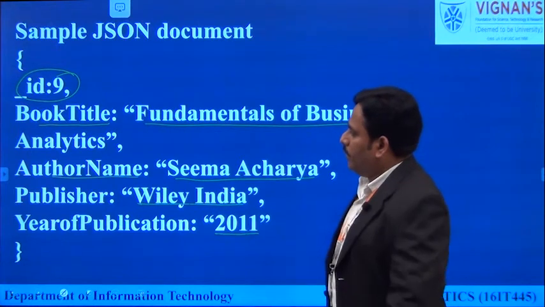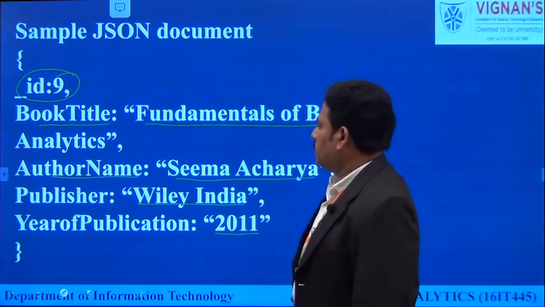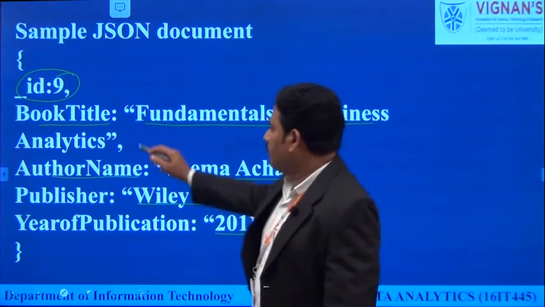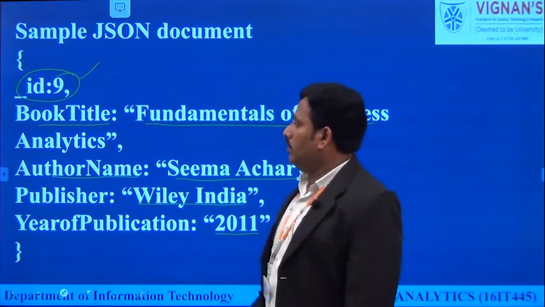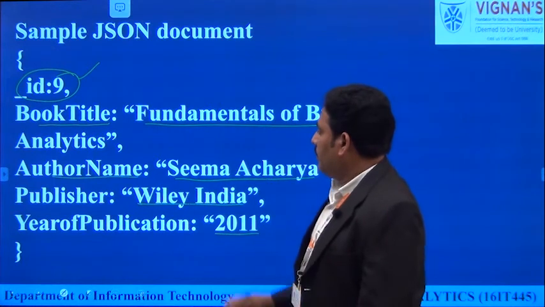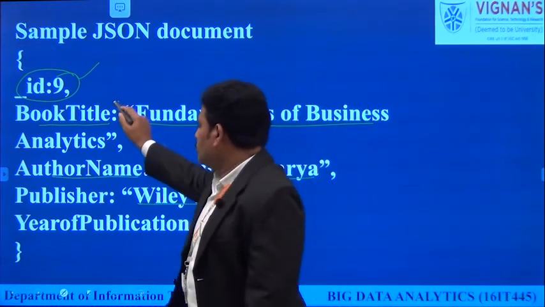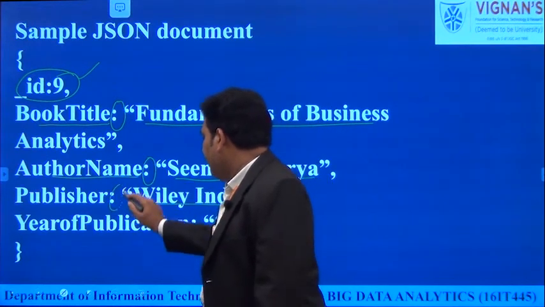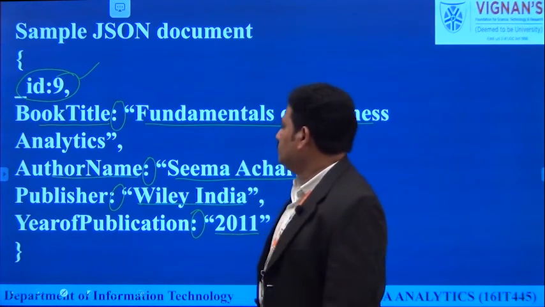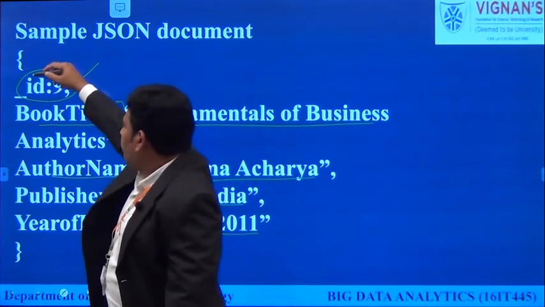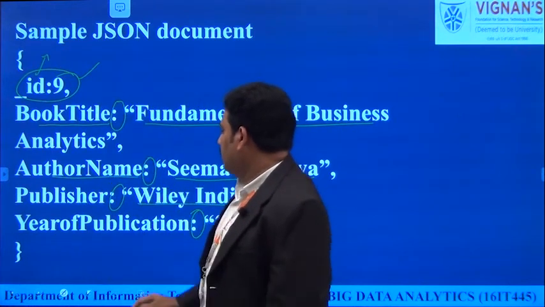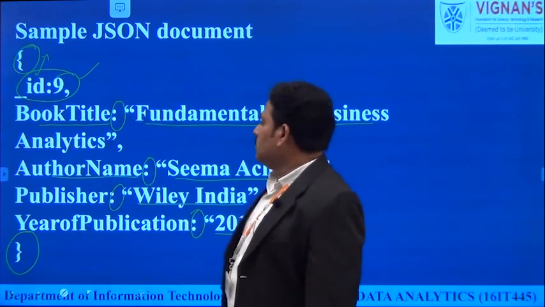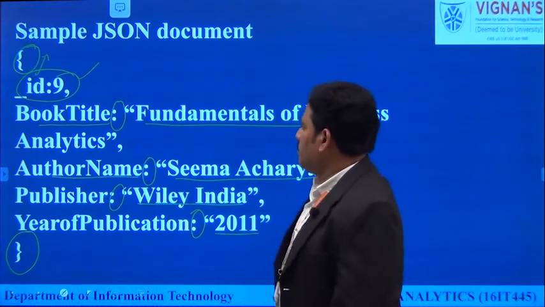If we compare HTML and this one, some labels are in a structured format, some are not. Look here. The first tag is not in a structured format. Whatever variable we want, we can write it. But the remaining four have to follow some syntax. Every label should end with a colon symbol. And ID is not a default value, you can take any value here. And all the information is enclosed only in curly braces. So this is an example of semi-structured data.